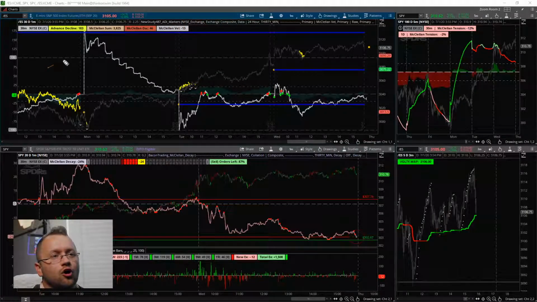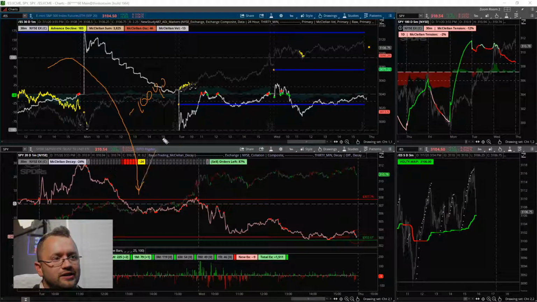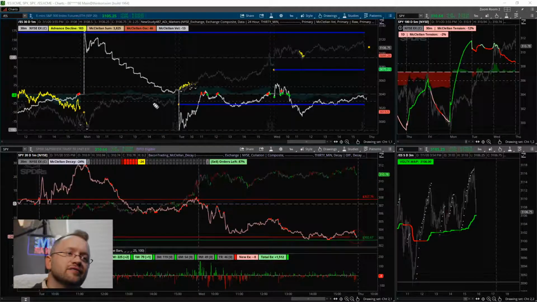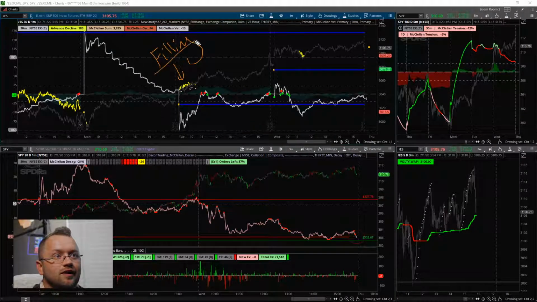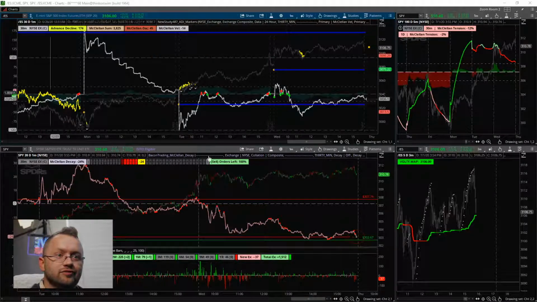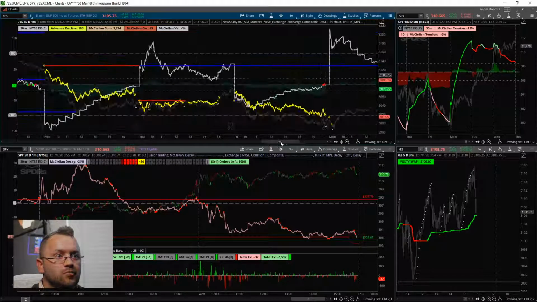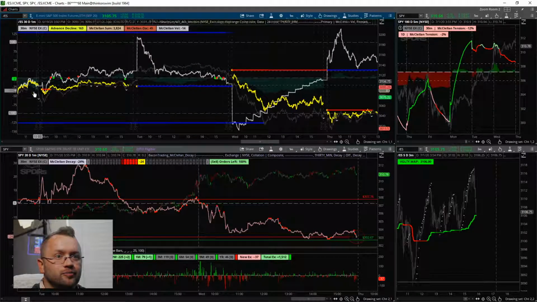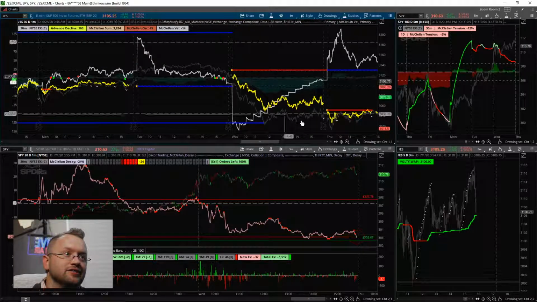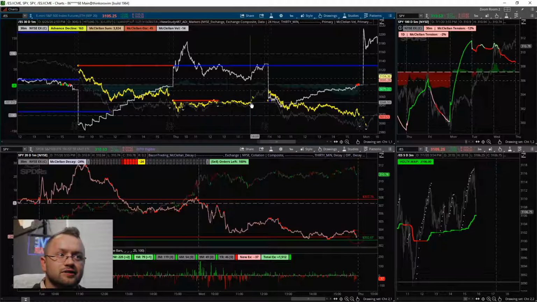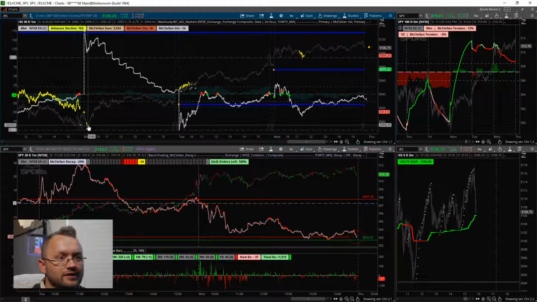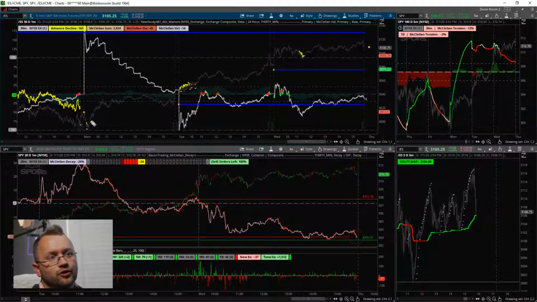Portfolio orders will fill all the way down. Negative 1,000 points, no problem. We'll buy all the way down and enjoy the ride back up. It doesn't matter. So I don't think of this as buying or selling. I think of it as filling. They will just consume. And so you could see on the way down here, they filled all the way down. No problem. So they were picking up this, they got up, came back down, they started to fill, and it looked like it was gonna take off, and then they filled, and they filled all the way down. They picked up a final itty bitty little order right there,